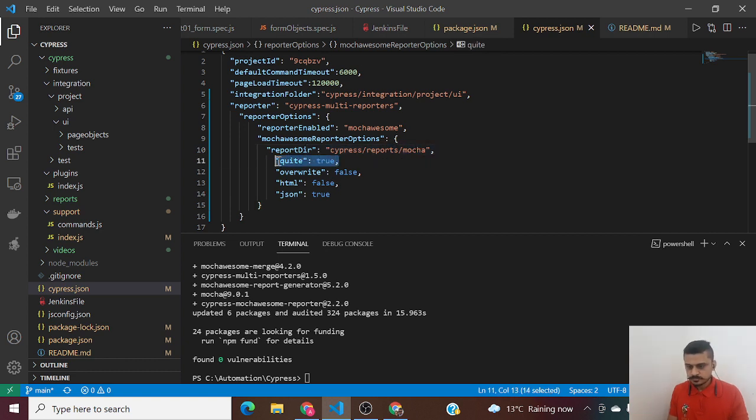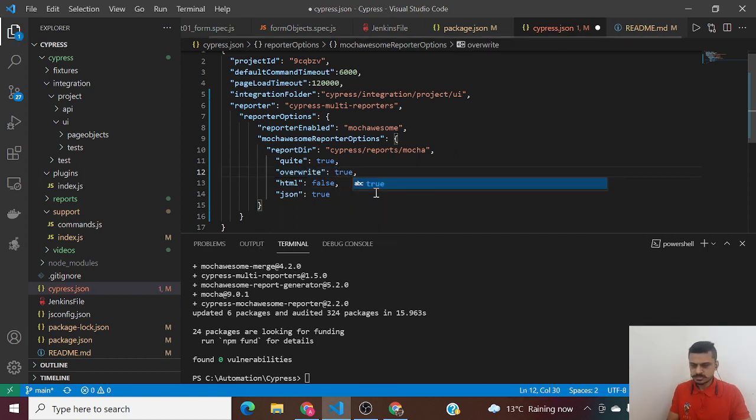Quiet means it would safely delete the files, which is true now. And overwrite: it will not overwrite the existing reports, but if you set it to true, it will overwrite as well. You can set it to true as well. HTML reports we don't need because we will generally be dealing with JSON reports.